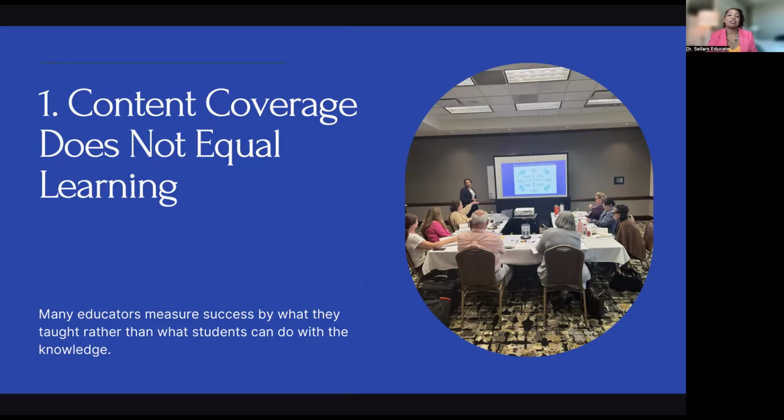Number one, content coverage does not equal learning. Just because we have shared information with students doesn't mean that they've connected the dots. Sometimes we measure success by what we've actually taught versus what students can actually do with the information that we've